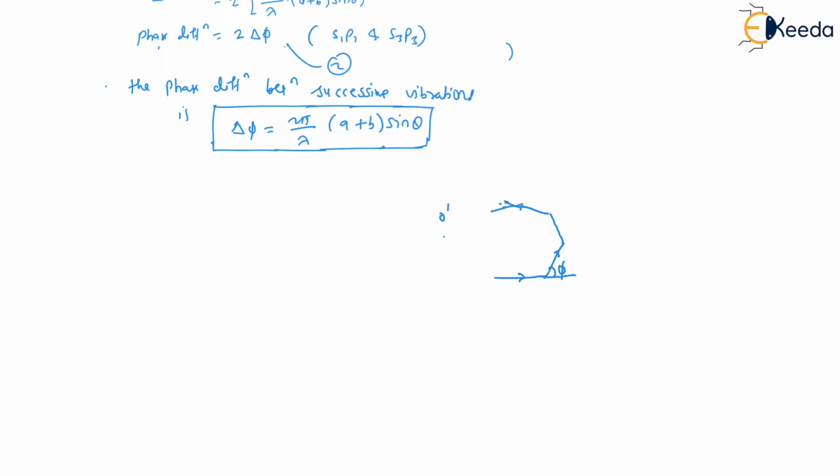See, here I'll write, this is the first vector, this is the second, this is the third. In the same way, this one is the last, the nth vector, and suppose this is n minus 1. If you remember, in 11th standard you must have learned the law of polygon. For vector addition, we use three types of laws: the first is the triangle law, then the parallelogram law, and then the law of polygon.